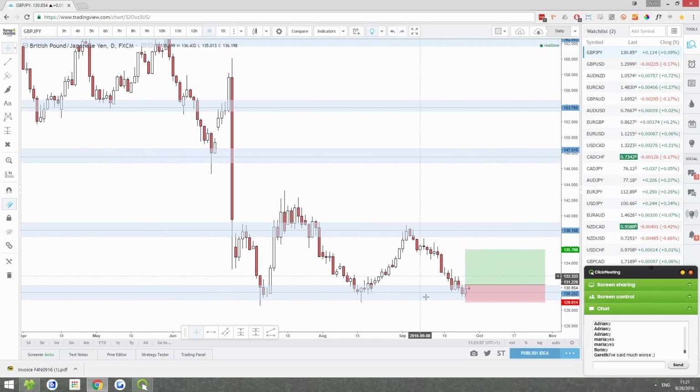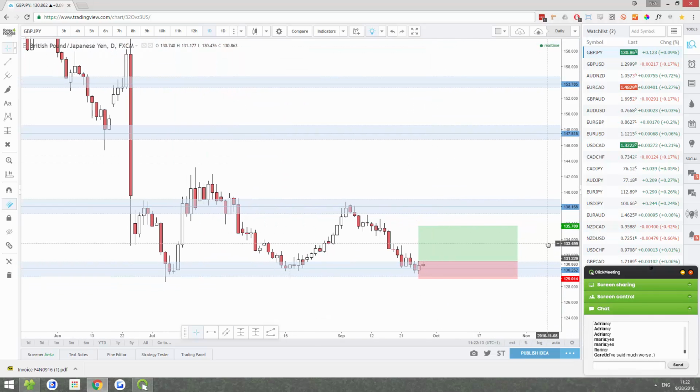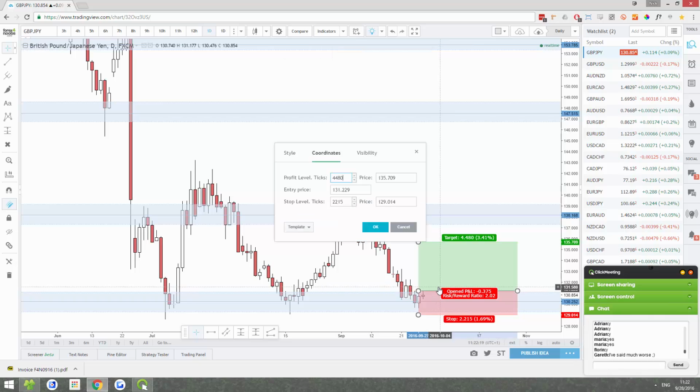So yesterday we were talking about GBPJPY taking a possible long here, and I was saying that I wanted to wait for the current candle to close, so I probably wouldn't be taking a long until the next day, which is today. And I said we'd probably discuss it today. And as you can see, I am now planning on entering the setup. It already came close to triggering my entry, although my entry on this chart is a touch